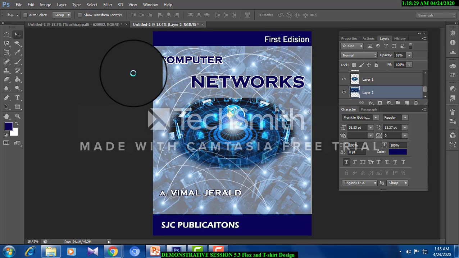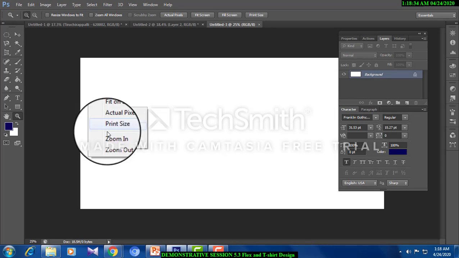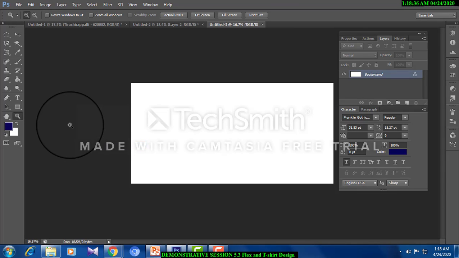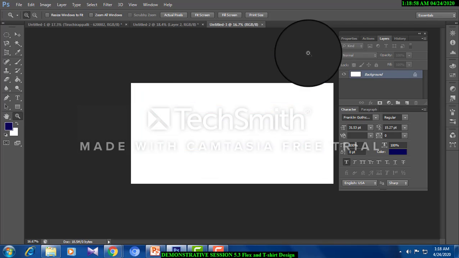Now the background. In flex banner printing, it varies; they call it 1 pass, 2 pass, 3 pass, and so on. When you go for more passes, the quality is good. But in our local flex shops, they go up to 3 passes, not more than that. So it is better to use files that are not thick, with light colors. It's always better.